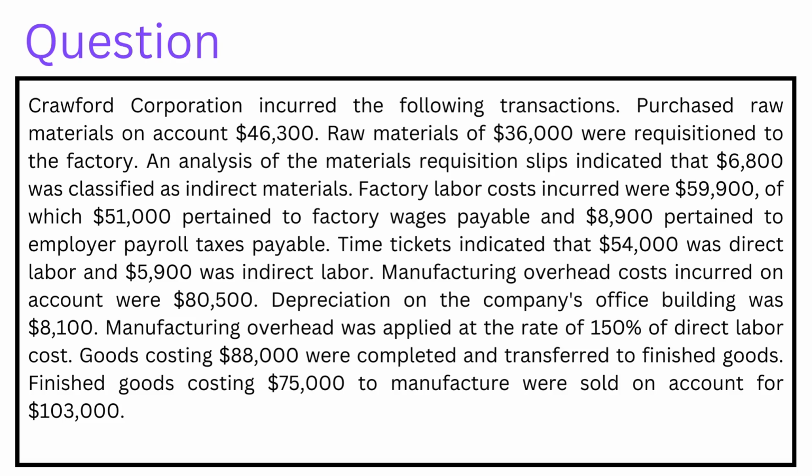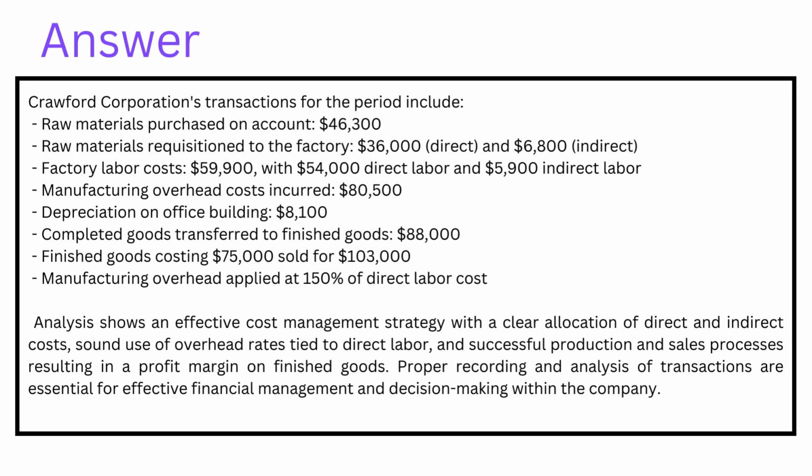Manufacturing overhead was applied at the rate of 150% of the direct labor cost. Goods costing $88,000 were completed and transferred to finished goods. Finished goods costing $75,000 to manufacture were sold on account for $103,000. The correct answer is: Crawford Corporation's transactions for the period include raw materials purchased on account $46,300, raw materials requisitioned